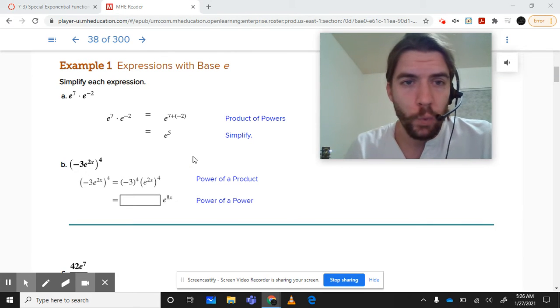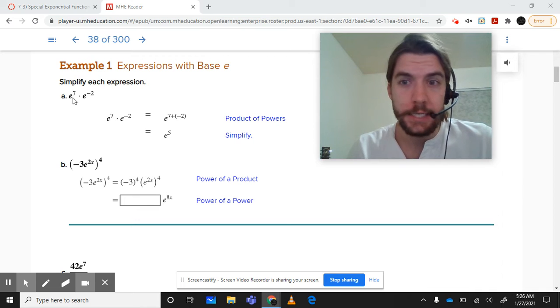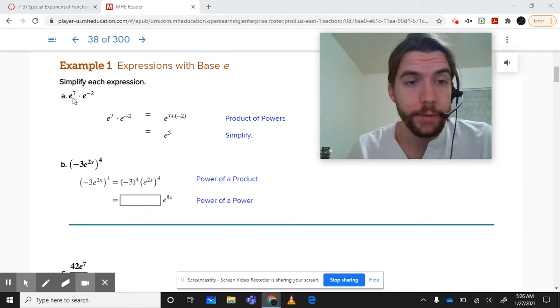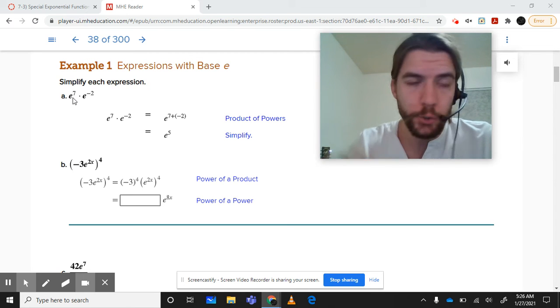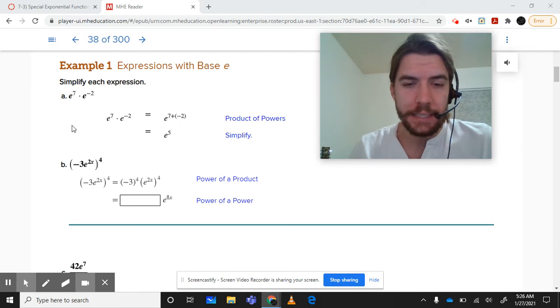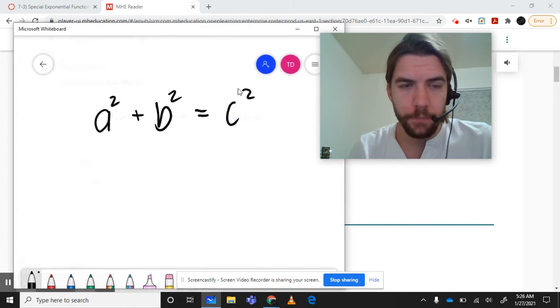Okay, here in example one, we're looking at expressions with base e, and the main point is just to get across that e is just a number. Really, at the end of the day, it's like pi. It's just some particular number, about 2.7. So just like any other number,